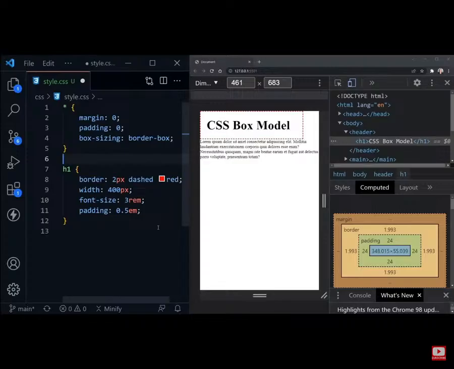So the margin is not included in that calculation. However, the rest is. So the border and the padding and the content all add up to that 400 pixels that I set right here. Okay, now that we've broken down how the border box setting works and looked at the CSS box model, let's